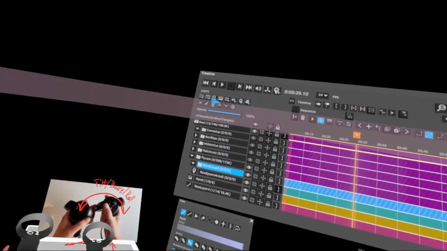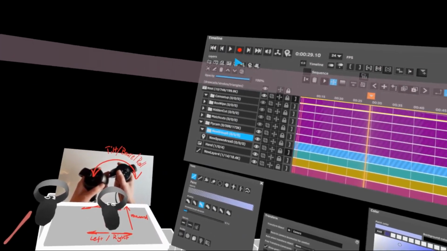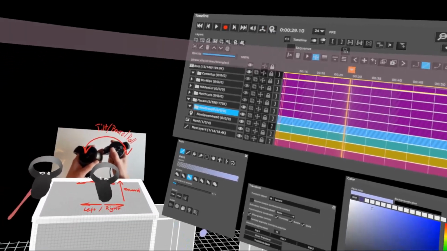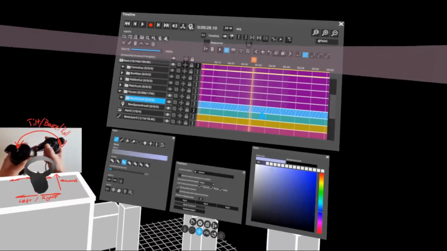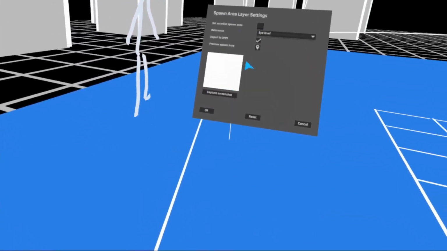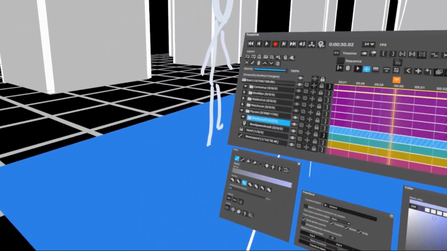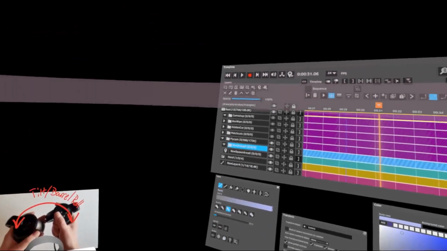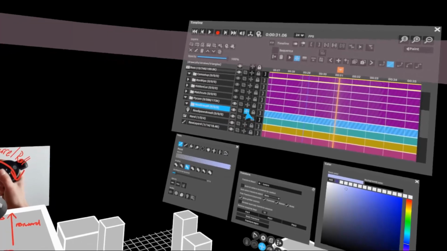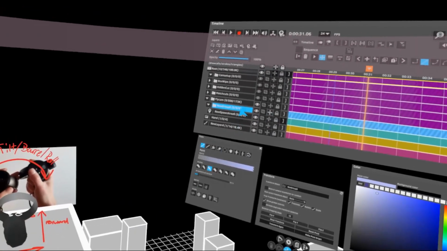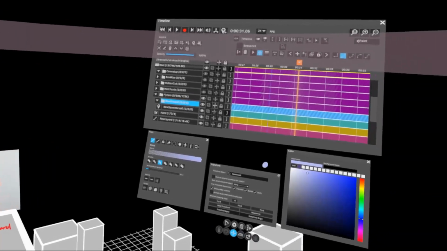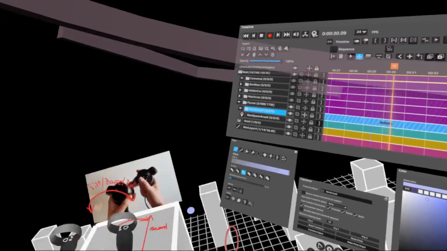And yeah, you have to have this enabled, the record button and the preview spawn area during playback button. That way, if I now just press play, obviously this spawn area has to be the initial spawn area. If I press play, I am now stuck to this spawn area. And if I now try to transform this group with the spawn area beneath it, and I'm not careful, weird